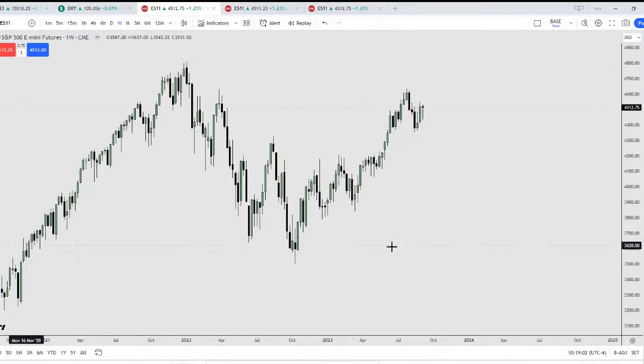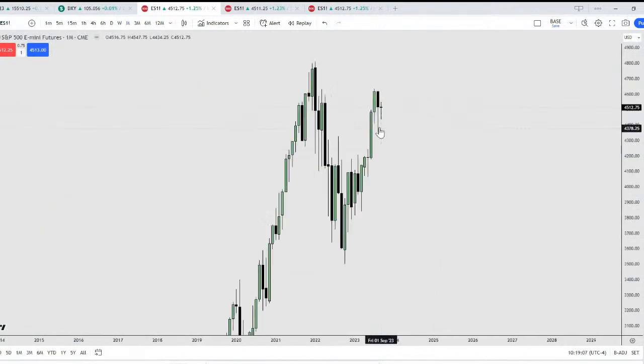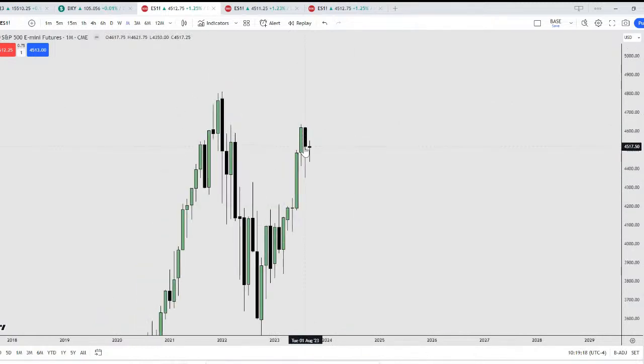Okay. Right, so on the monthly chart, as you can see right here for ES, okay, this inefficiency here, right? I think as long as price stays above the consequent encroachment of the week from the month of August, then